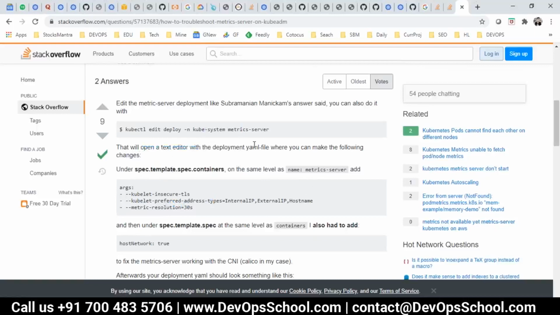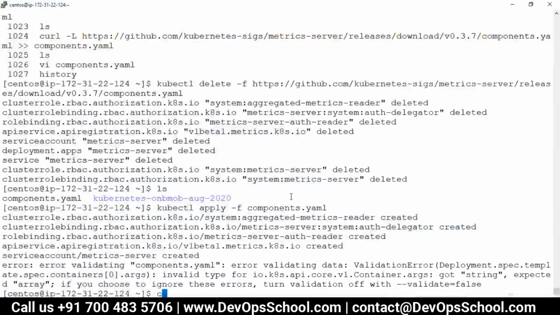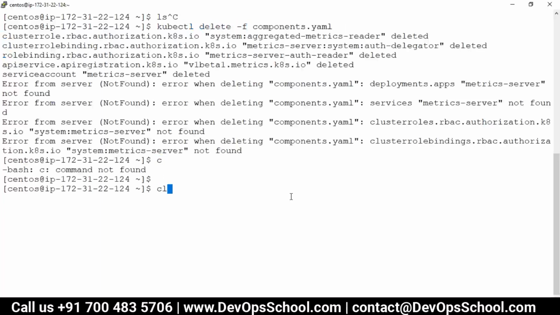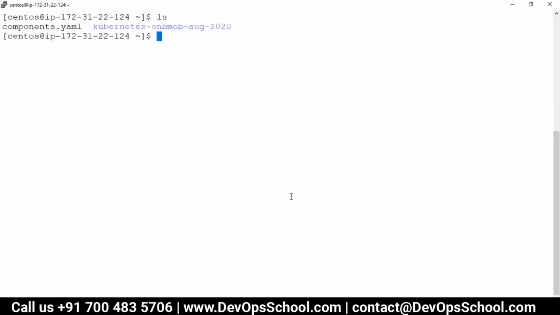Open the spec template spec container. Just a second, give me two seconds, guys. There are some changes that have happened in the new version. The older version was having non-TLS with this one. So